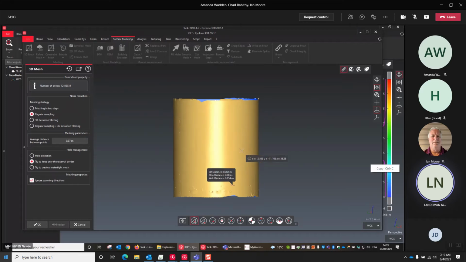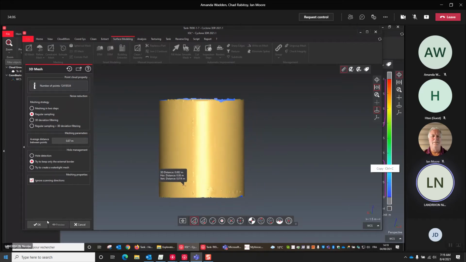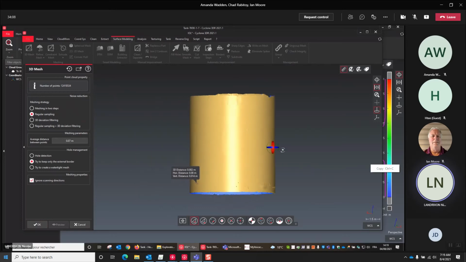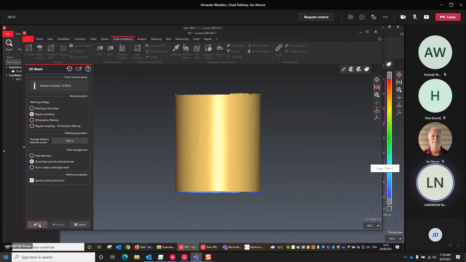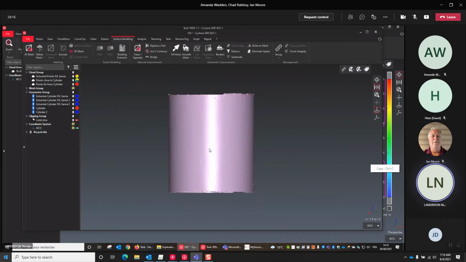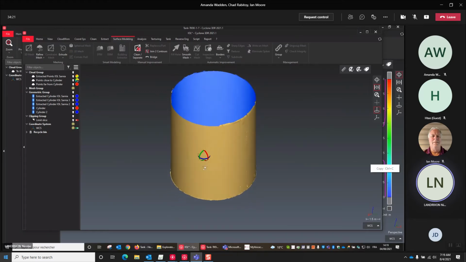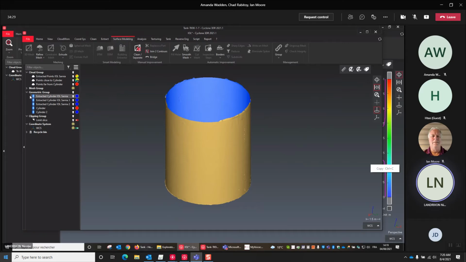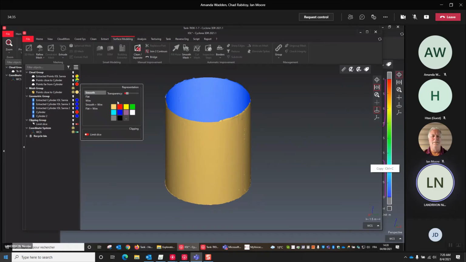Okay, so I hope you do the same. If I say okay, now I'm going to check the mesh. Normally you should see by default the external surface in gold and the internal surface in blue. For sure, if you unroll the mesh group, you can modify the color and change the transparency. Smooth is a uniform color.